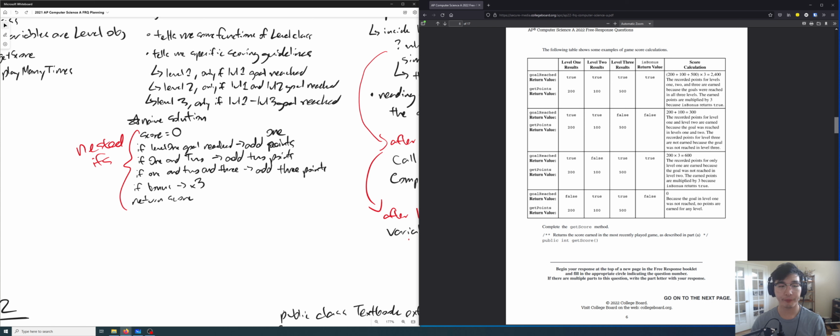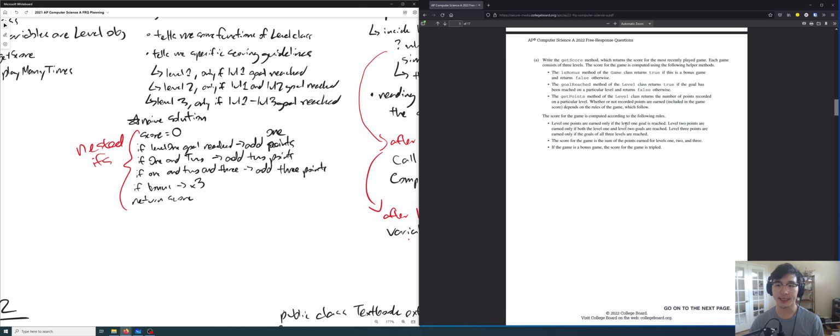Same for the above. Now, if you look here, I also wrote a nested if, because in my mind, it makes a lot of sense. Level 2 points are only earned if both level 1 and 2 goals are reached. What you could do is write an if level 1 goal reached, add 1 point.